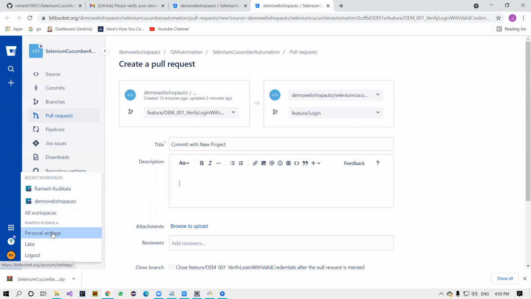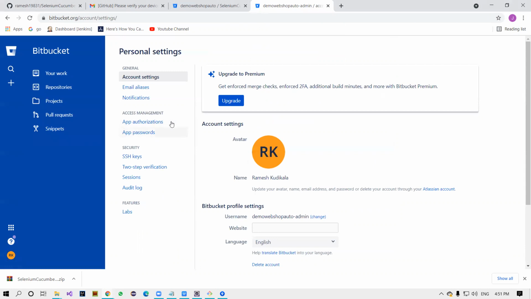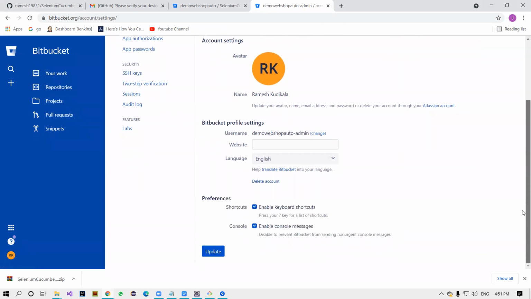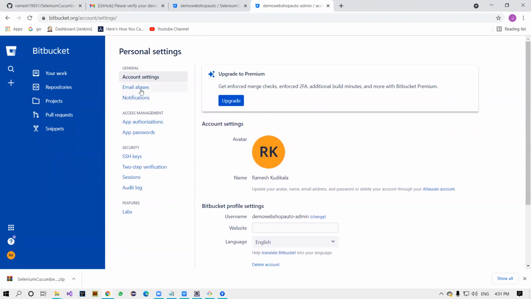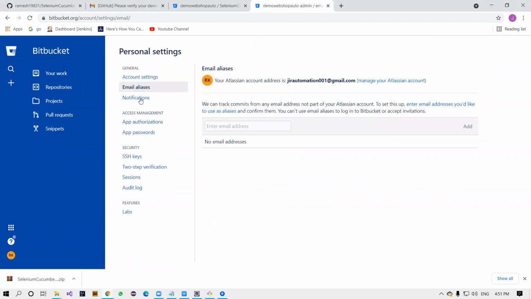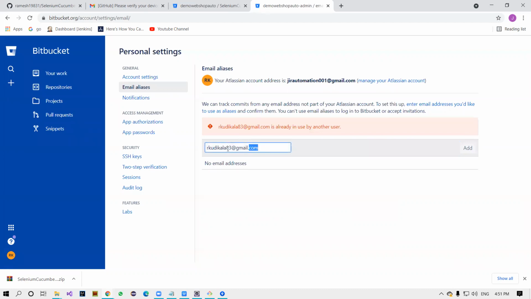Go to the personal settings. I think leave it. Yeah, leave it. And here add number of people. I'm not sure where exactly it is. Let me see that. Account, and account settings. There must be something. Yeah, I think here is the one. We'll see that. Okay, let me add the guy @83@gmail.com. Okay, add it here. Oh, already added. Fine, no issues.